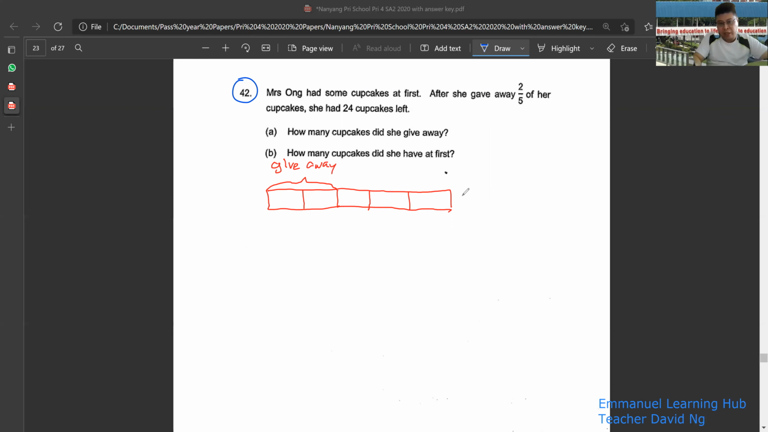From the drawing, you can tell, right? Give away 2/5. I cut into 5 parts. You understand the concept of fraction? One whole divided into 5 because 2/5, what? If the denominator is 5, I cut into 5 parts. Give away 2/5, so give away 2 parts of it, right? So left with